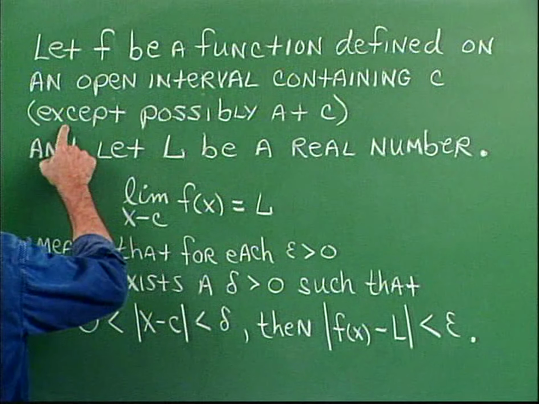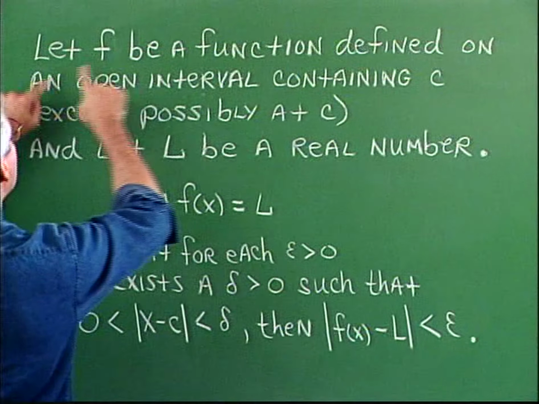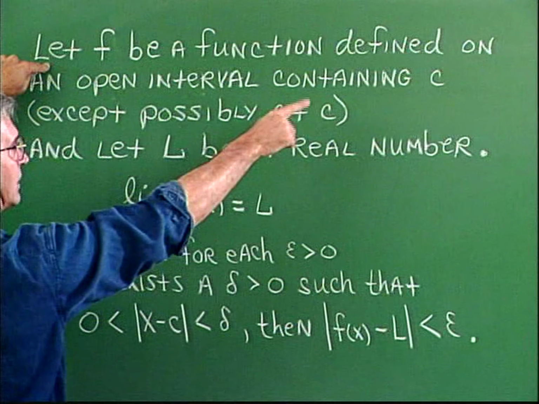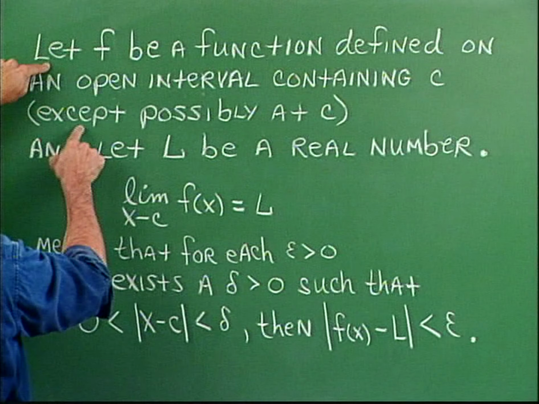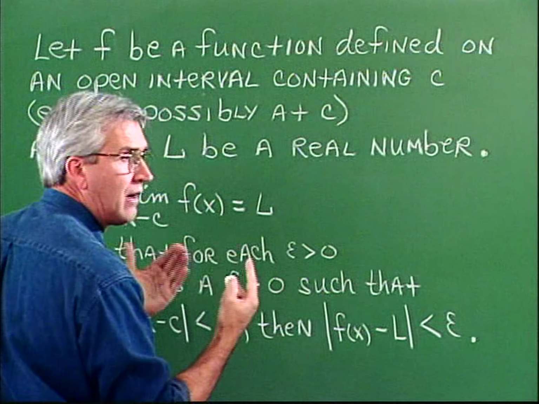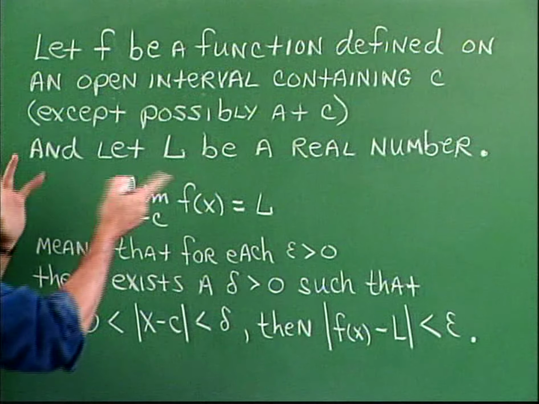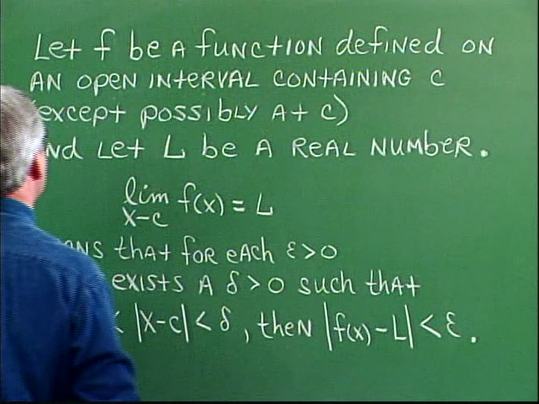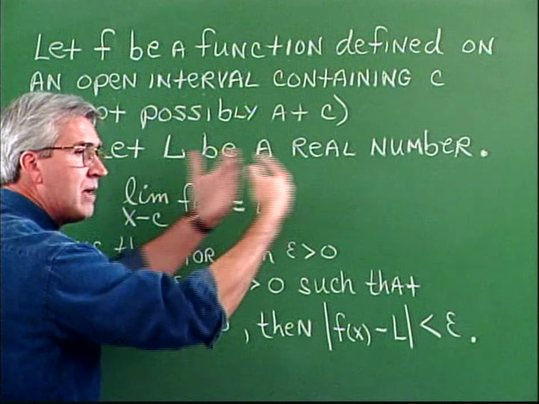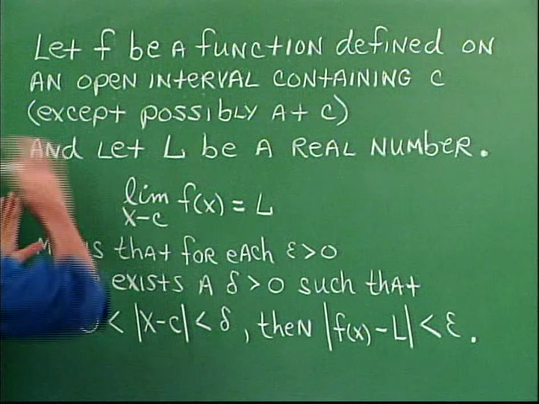Now, this part about "except possibly at C" goes to the idea of defined. Let f be a function defined on this interval containing C, except that the function may not be defined at C itself. We saw situations like that involving limits a little bit earlier. It may or may not be defined at the point C. And let L be a real number. Our limit number was a real number in the past. So under these conditions,